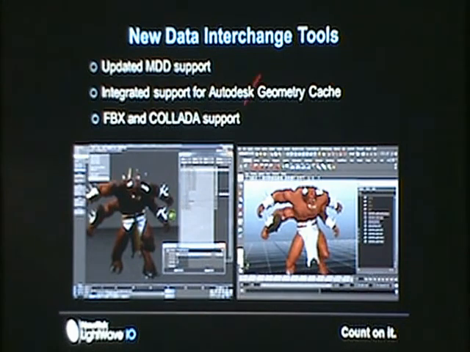The other thing is we've added per object and global world application in the pull down, so that if you're going back and forth between Maya or LightWave or Houdini or whatever, and you want that object to be exactly in world space where it was recorded when it was actually being deformed, and to never change, you record it and apply it in world space, and it will always be exactly where you recorded it. You can't move it. You can't translate the object. You can't scale it. You can't rotate on top of it. If you do it on a per object basis, you can actually apply the MDD and rotate